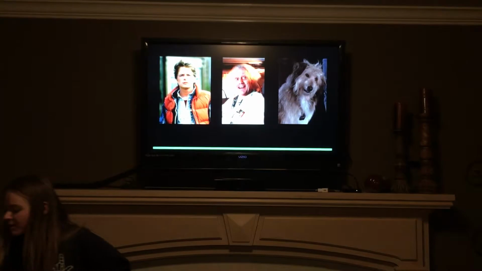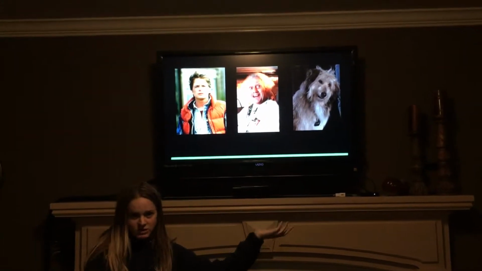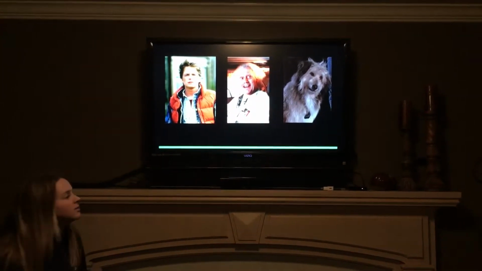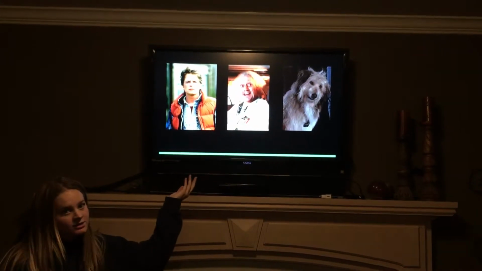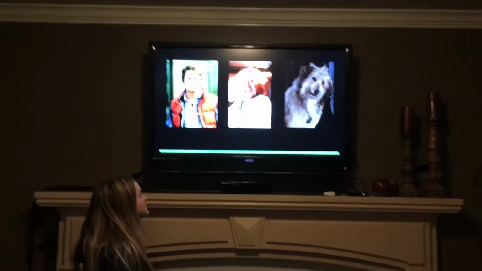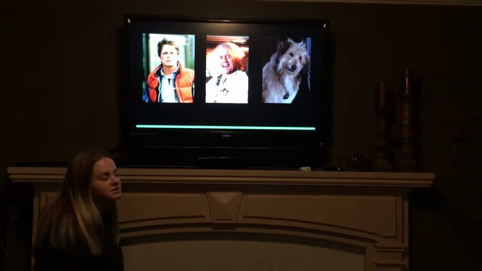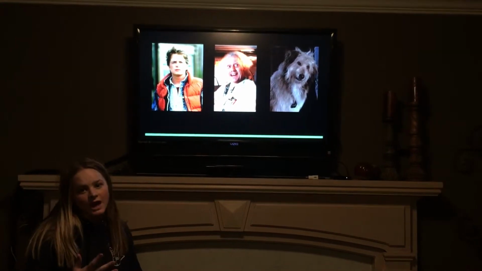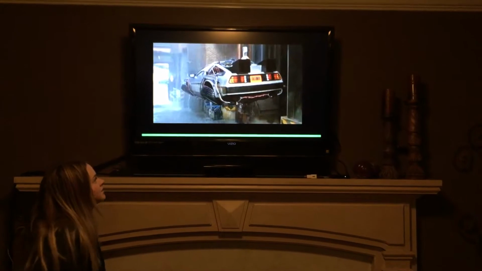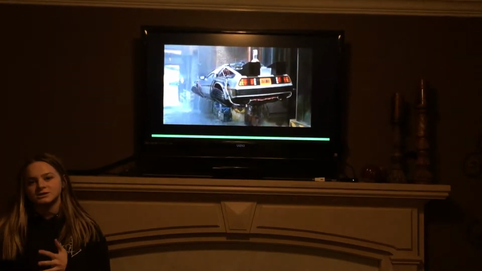In order to bring up my topic, I want to also address the characters and the plot behind Back to the Future. So, as you can see, we have Marty McFly, one of the main characters, as well as Doc, and who can forget about cute little Einstein. And all of these aspects of the movie are great and are essential to the plot, but one key thing that we are missing from this equation to make this plot a reality is the DeLorean and the flux capacitor, also known as their flying car. And that's what I want to segue into talking about today.